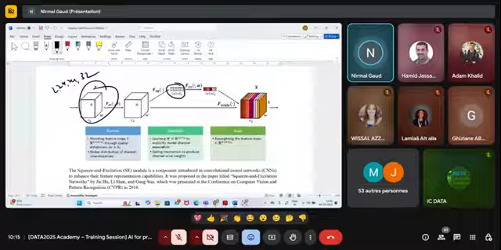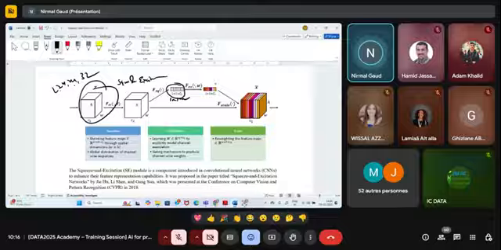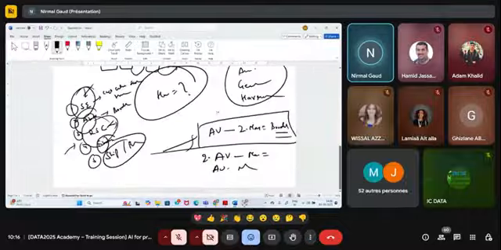The full form of SE is squeeze and excitation. That means you need to convert it into 1D. Here it is 1D, and the number of channels will remain the same, 32. 1 cross 1 cross 32. Applying a neural network over it, the size remains the same, 1 cross 32, but the channel weights will change. Let me clarify in 2 minutes what the concept in squeeze and excitation is.